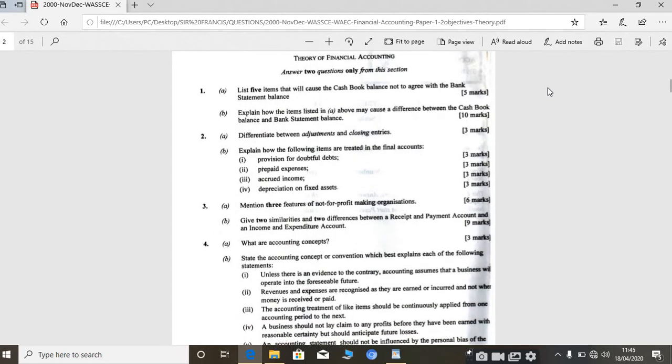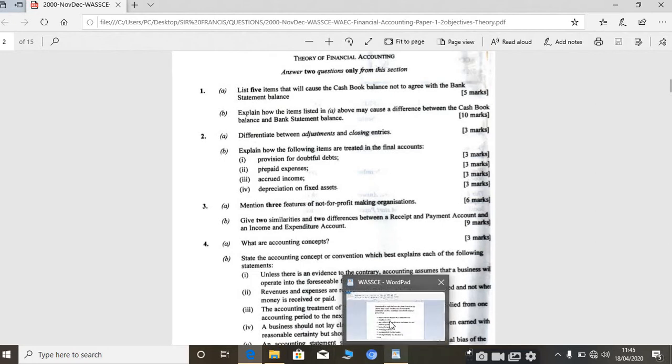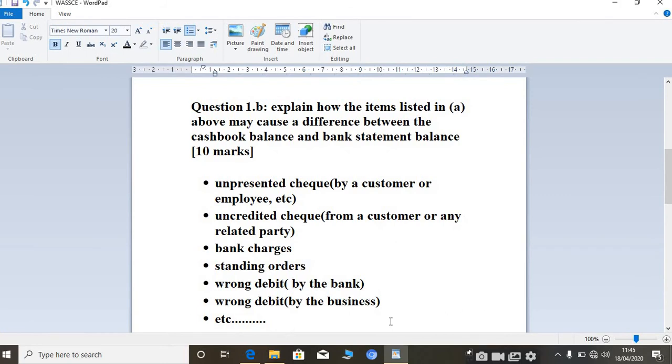Okay, and the B says we should explain how the item that is listed in A above may cause a difference between the cash book and the bank statement balance. Okay, and we've already listed those items in part A. So if you have missed that series, can you go back to the channel and then you will find the presentation on that. Okay, so let's start with